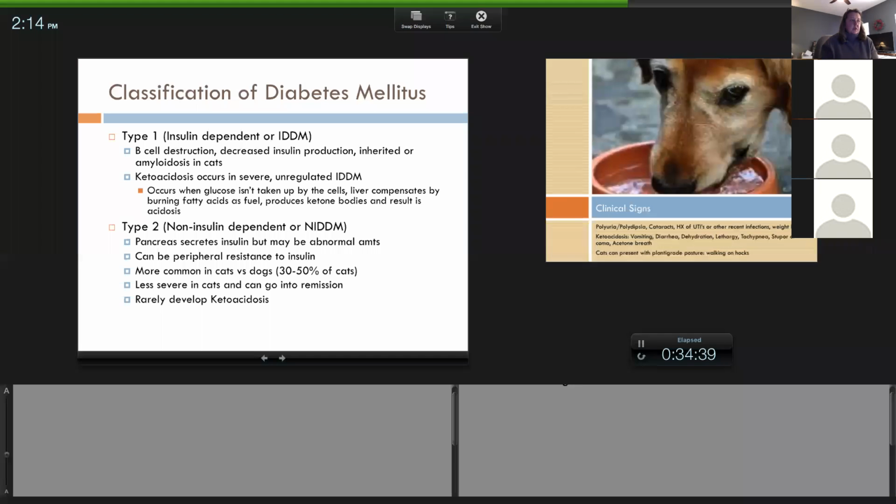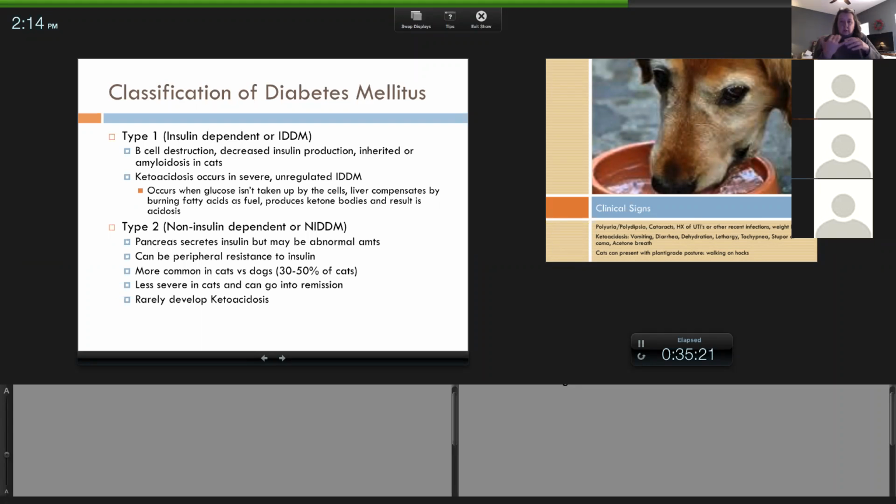But the problem is when the body breaks down or burns up fatty acids, that creates a compound called a ketone body, or ketones. The more rapid that this happens, the higher the levels of ketones get. And when the animal gets too many ketones, it creates what's called a metabolic acidosis. If you remember, the body likes to be in homeostasis, right? The body wants to be at base. When you have too many ketones being produced, you make the blood acidotic. And then acidosis affects all the cells of the body, and then they get very, very sick.